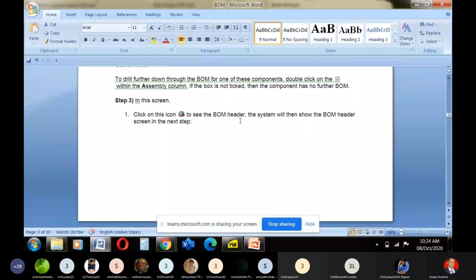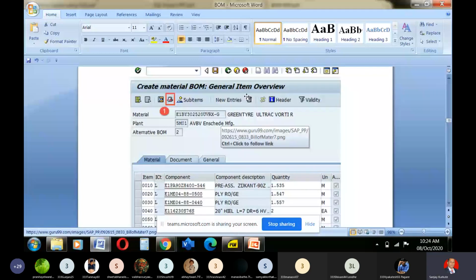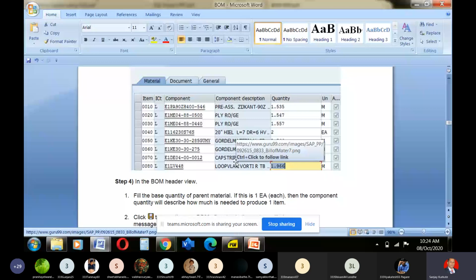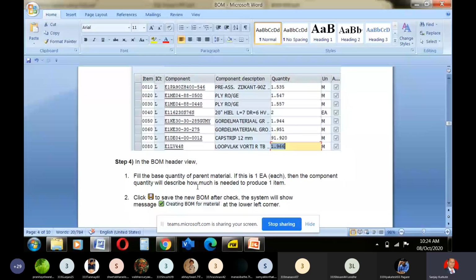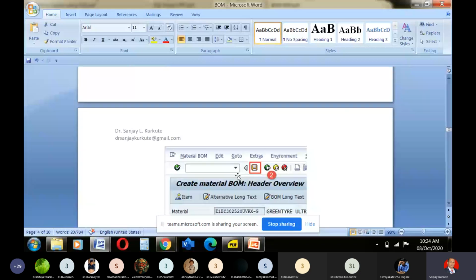So see, base parent material, the component quantity describes how much is needed for one item. Then check: the system will show the message 'create bill of material' at the lower left corner. Then you may go for this thing.